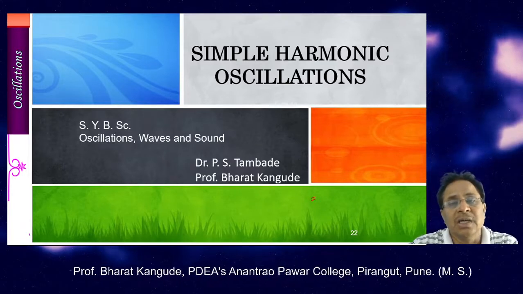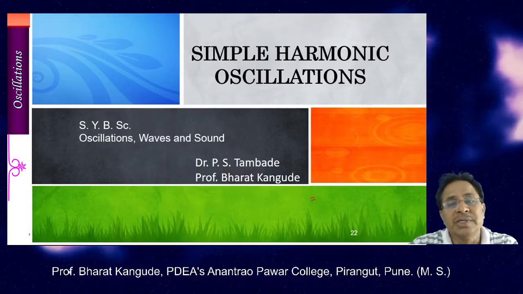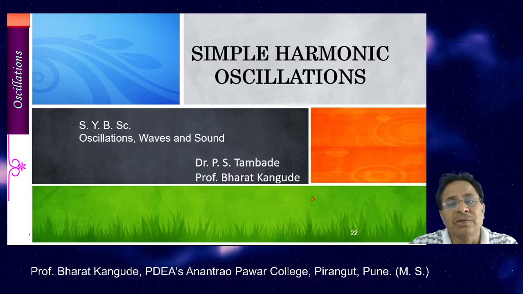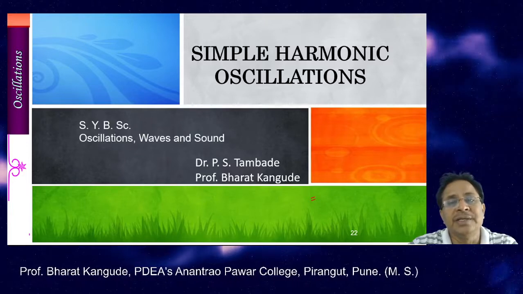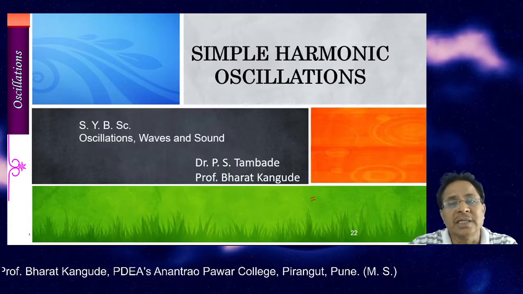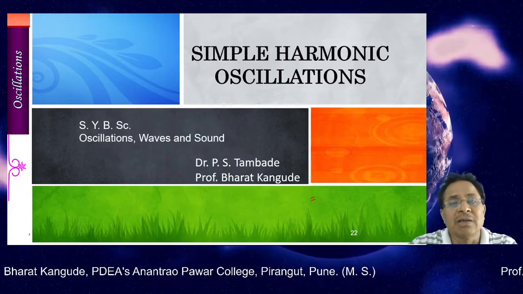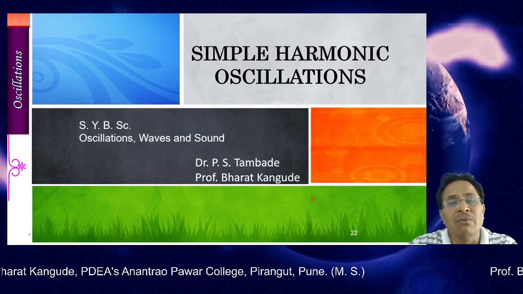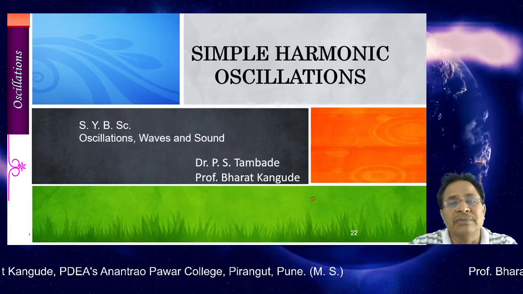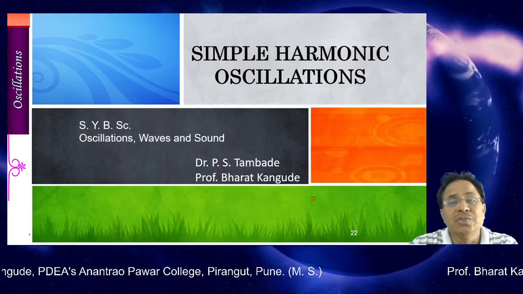We have seen how to calculate velocity and what the expression for velocity is, and once we get displacement and velocity we can plot them. After plotting, we found that there is a phase difference of 90 degrees between displacement and velocity. Another important component we calculated is acceleration. Acceleration is calculated by taking differentiation of velocity, that is first differentiation, or taking the second order differentiation of the displacement, and that gives me acceleration.